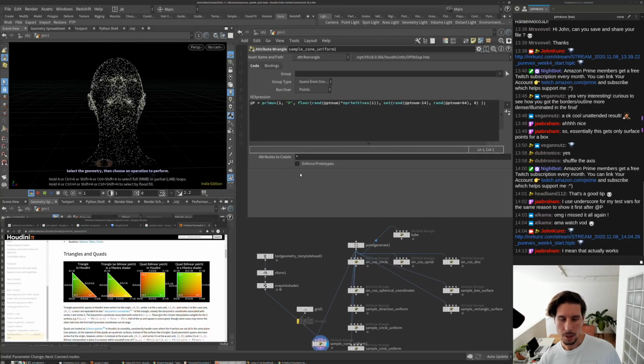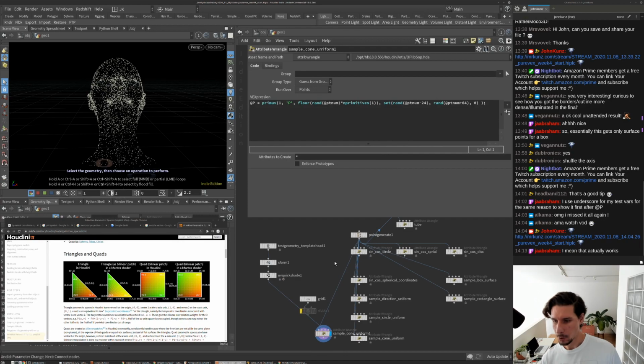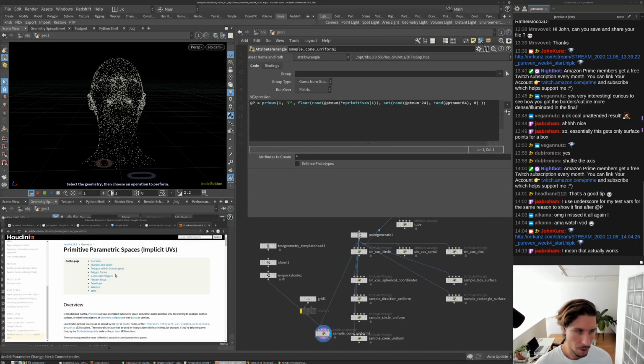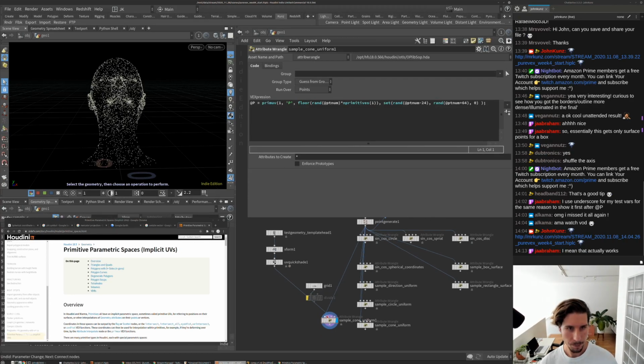So yeah, this is just another way to retrieve information from other spaces. So there's a good thing to know about, this parametric implicit UV space. You can also use,